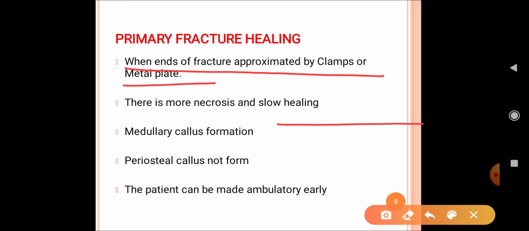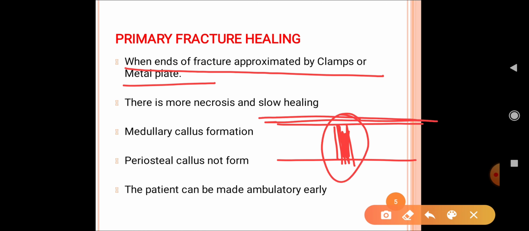Okay, this is your bone, right? Suppose you are having a fracture here and the fracture is somewhat severe, I mean, you cannot apply a plaster cast here. So what will you do? You can do internal fixation of this fractured portion by putting a metal plate. Suppose you are putting a metal plate here and doing the fixation with the help of screws. Such operative intervention by putting the plate and the screws, that type of healing is known as